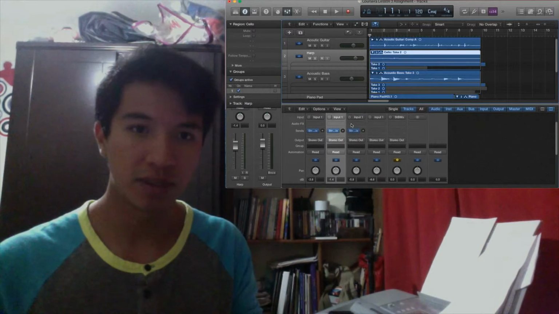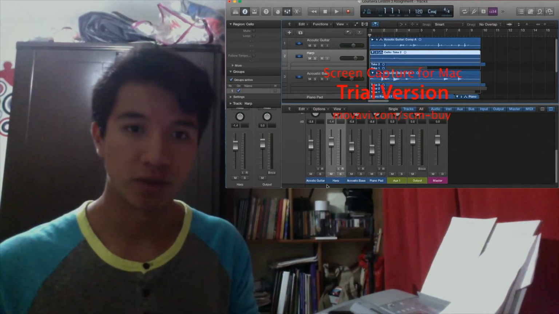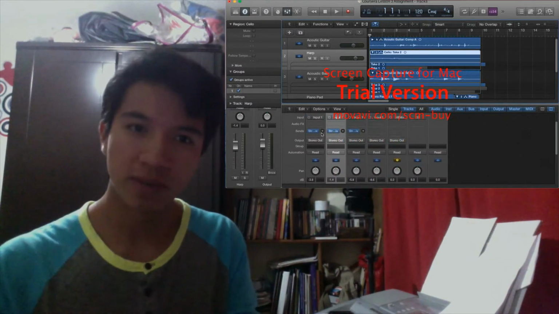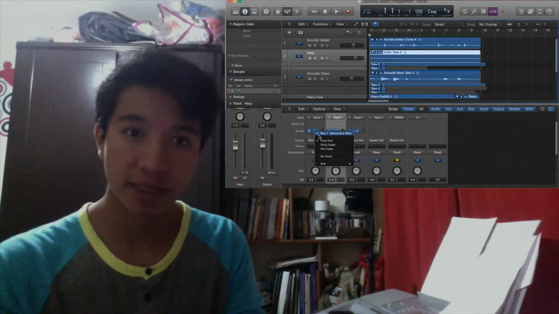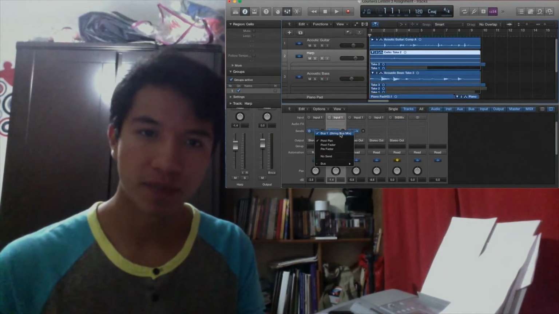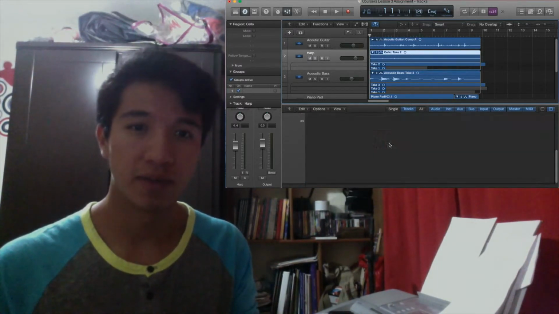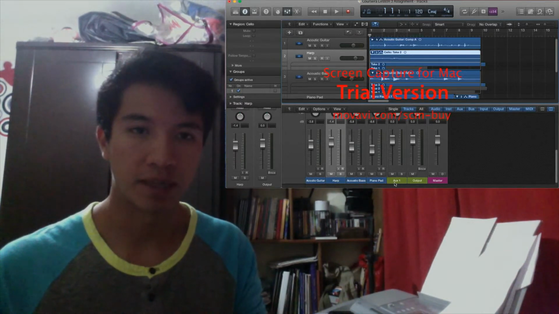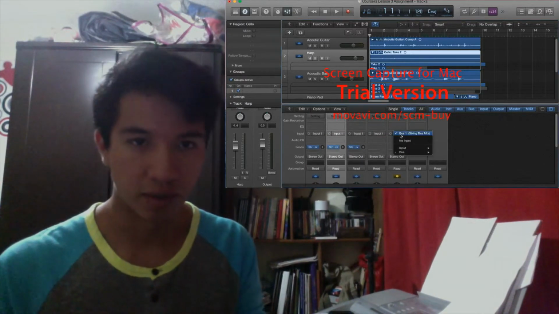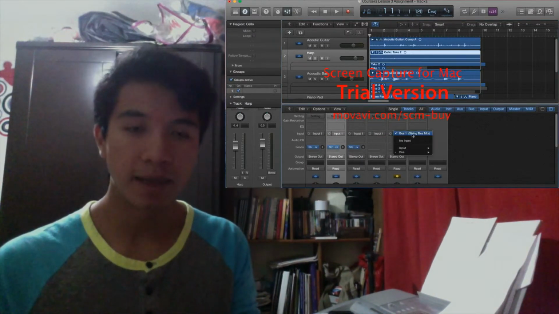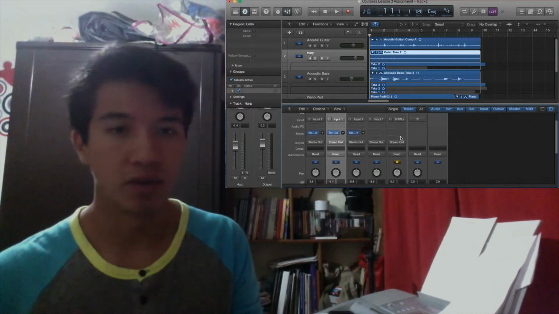After this, we have to output all our tracks that we want to join. We have to output in the bus we have created previously. In our DAW, we go to output, and we select the strings bus mix. After this, we have to create a new track. In this case, Logic automatically opens a new track that is already set in the input to our bus, but in many DAWs it doesn't happen like this. So we have to